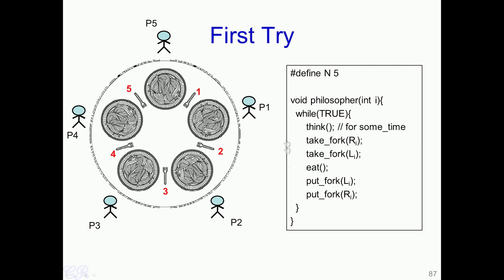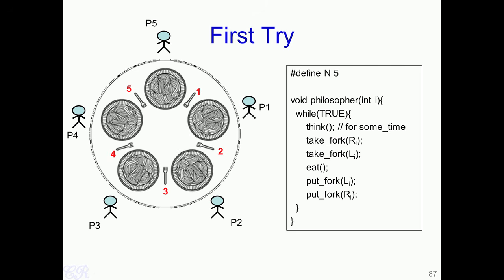Let us say we have our solution over here, where we define n as 5 corresponding to each philosopher, and we have a function for philosopher. This function takes an integer value I, and this I could be values of 1 to 5 corresponding to each philosopher, that is P1, P2, P3, P4 or P5. In the function we have an infinite loop where the ith philosopher will think for some time,